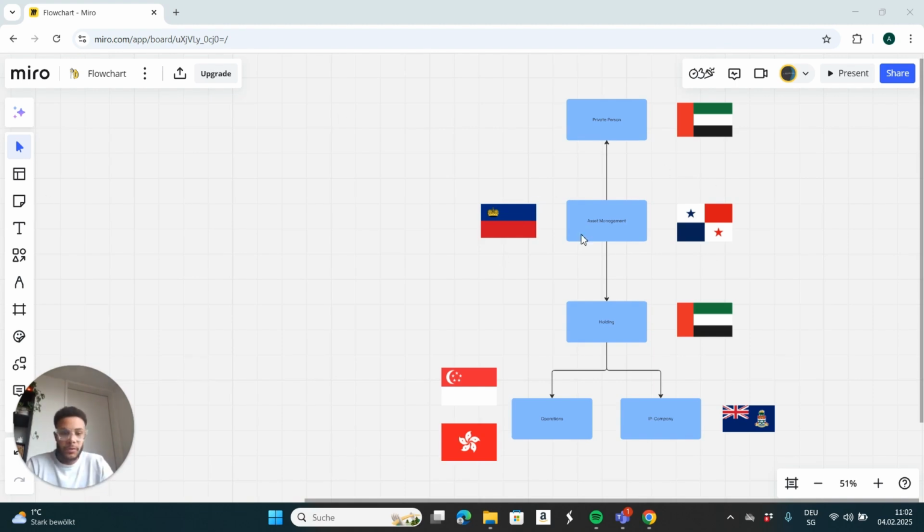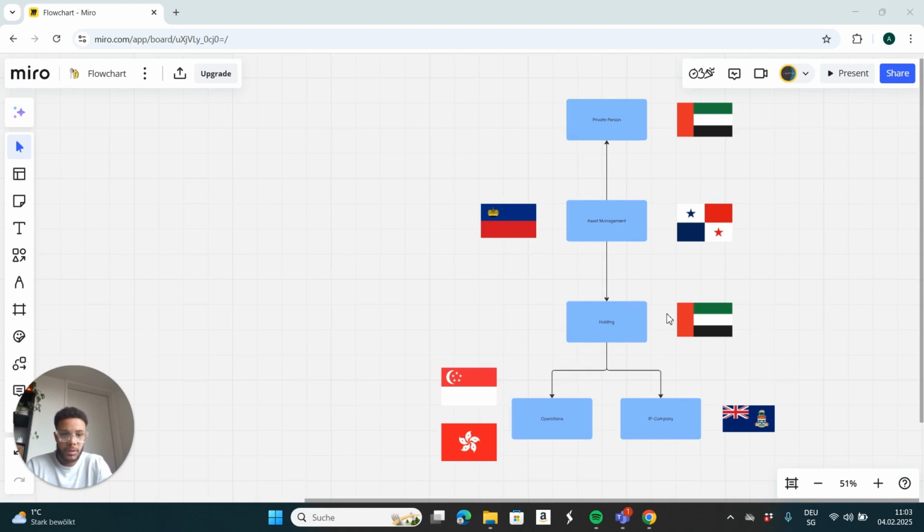The next piece of your structure would be an asset management firm in Liechtenstein or in Panama. Here you don't have any capital gains tax. You can pay out dividends without any taxes put on it, and most of the time in Liechtenstein you would work with foundations to allocate your resources. So your asset management firm is taking care of holding all the real estate you have and bigger assets where you want to have it allocated in the world, so that you and your business can run properly.